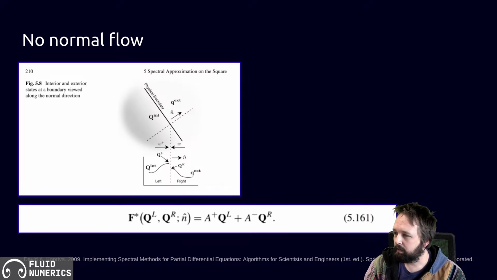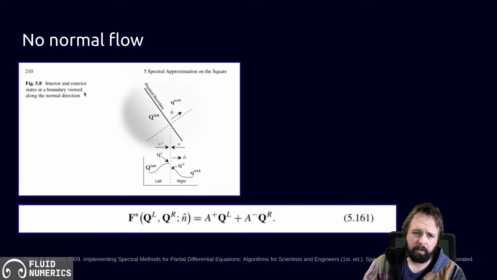doing this in 2D if you're working with spectral elements, so isoparametric elements. Now this picture here is taken from page 210 of David Kopriva's book. It's called Implementing Spectral Methods for Partial Differential Equations. And what this schematic is here up on the top, what's called figure 5.8 from the book, is